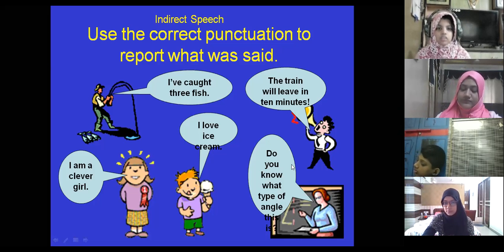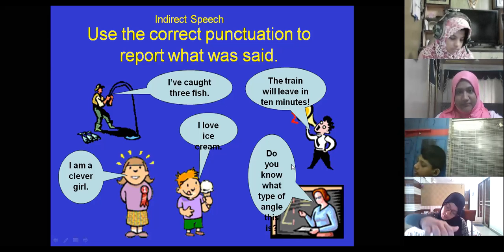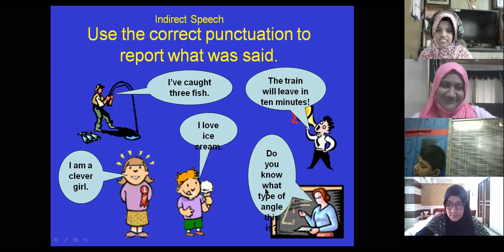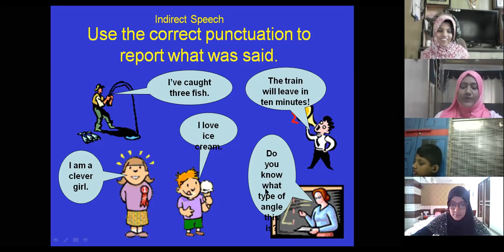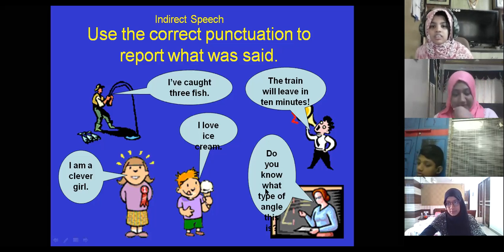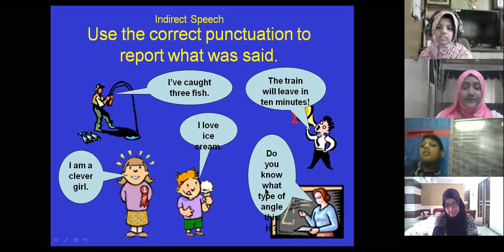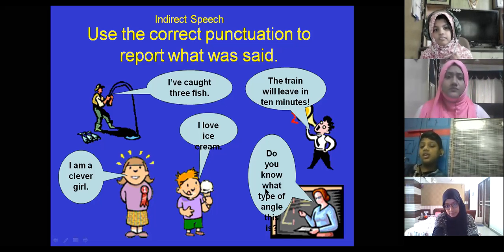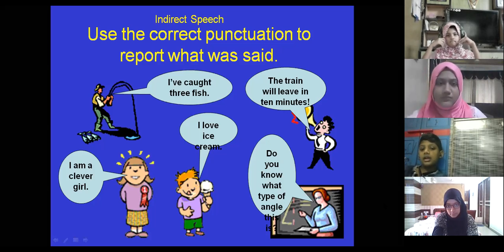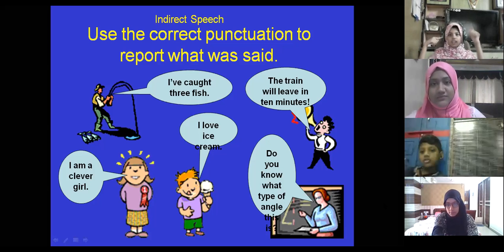Yes, Farhana said, the boy said that he loved ice cream. Okay, I wrote the same thing. One way you can write is that, and the other way you can write is the boy said that he loves ice cream. Okay, both are correct. I know the tense is not changing over here because it's remaining present tense only, but we are using the pronoun he. Ma'am, it will be like the teacher asks, do they know what type of angle that was? Yes, correct. Thank you, Munib. What type of angle was that?